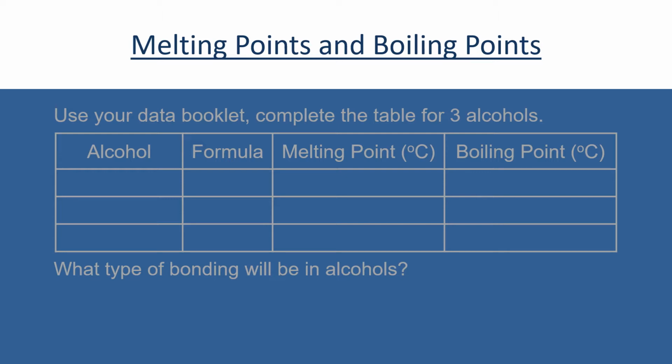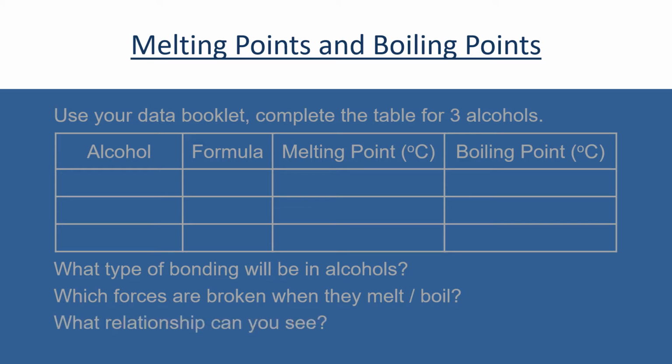Okay, so the low melting points and boiling points suggest we have a covalent molecular structure in alcohols. So when they melt and boil, we are separating molecules. Okay, so we are breaking these weak forces between molecules, or intermolecular forces as they are called. The weak forces that are holding different molecules together, we have to break those so we can separate the